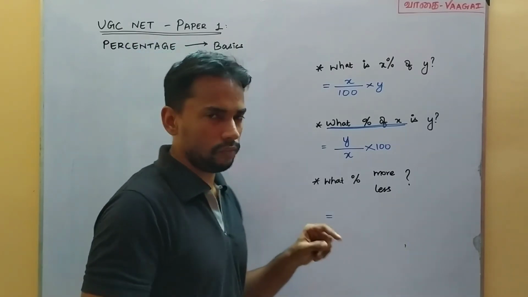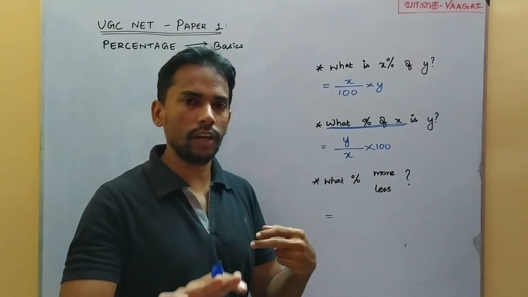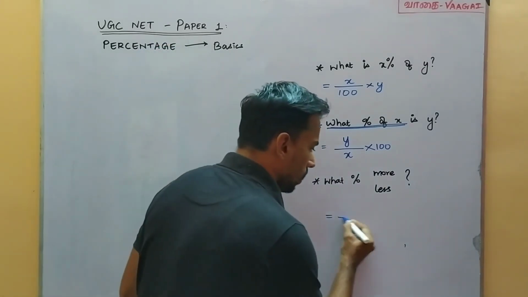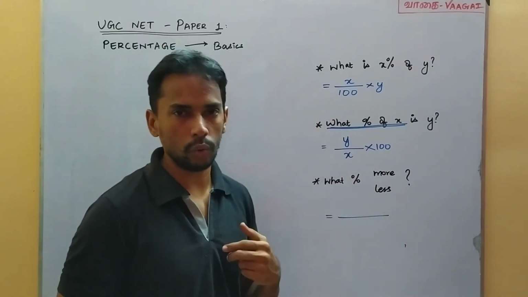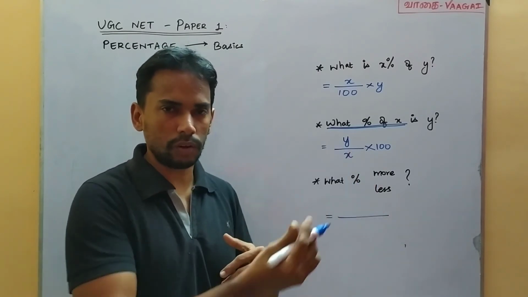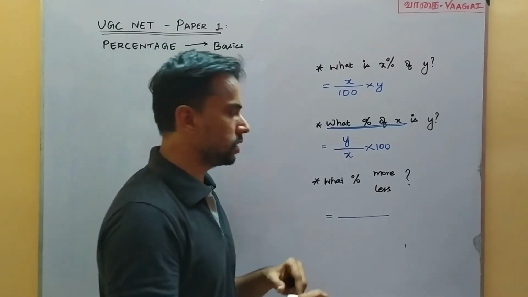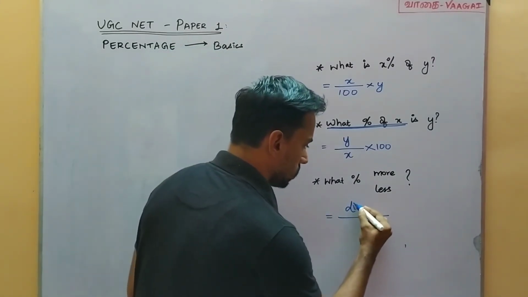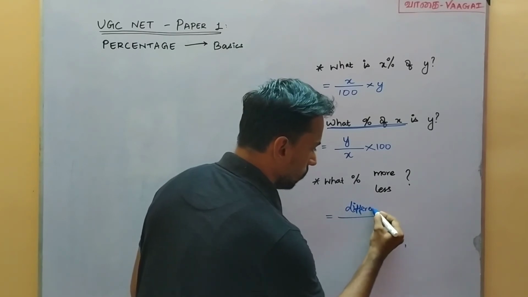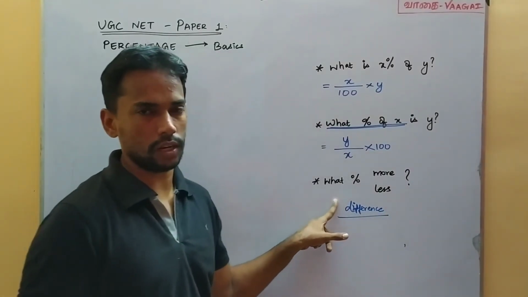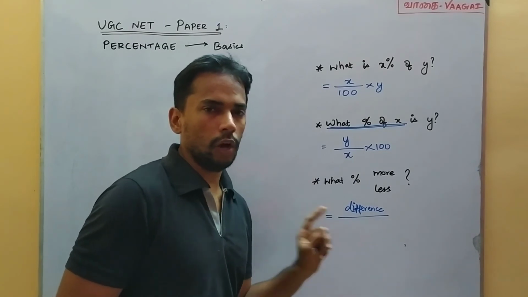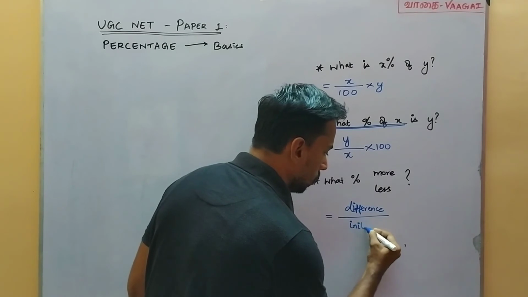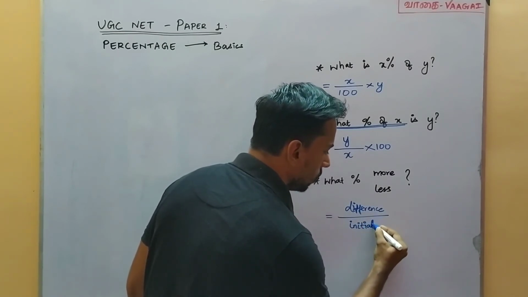For which what we need to do is take the two values. Definitely we will have two values given in the question itself. So take the two values. And here again we are going to build a fraction. After taking the two values from the question, the first thing we need to do is find the difference between the two values. So the difference comes in the numerator position. Now divided by the denominator. So what comes in the denominator? We will have the initial value. That is what is to be placed in the denominator position.